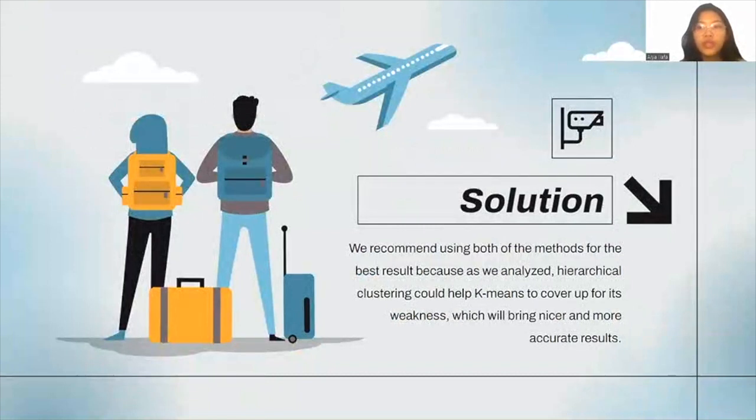So the solution of the research is to use both methods to analyze your data. First, you will need to use K-means to specify the optimal clusters that are best for your data. Then you can continue with hierarchical clustering